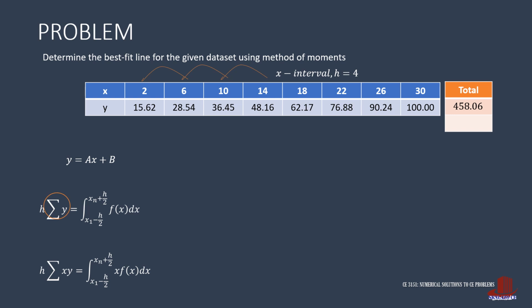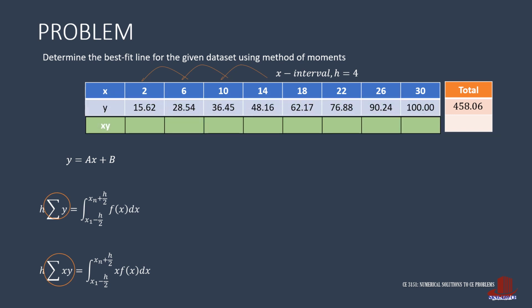458.06. The next parameter comes from the second moment with h times the summation of xy, which means we need to multiply the two data points. 2 and 15.62 provide 31.24. 6 and 28.54 give 171.24. There is also 364.5 from 10 times 36.45. Then 14 of 48.16 is 674.24, and so on for the rest of the dataset, providing